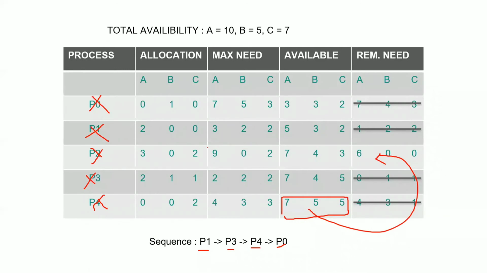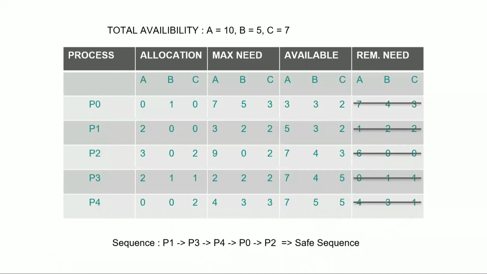And after that, it will release all. After releasing, we will add all the resources of P2. This will sum up to 10. Okay, 7 to 10, 5, and this is 5, and this is 7. So you can see that finally we have the same number of resources available that we had initially after completion of all the processes. And our sequence is P1, P3, P4, P0, P2.